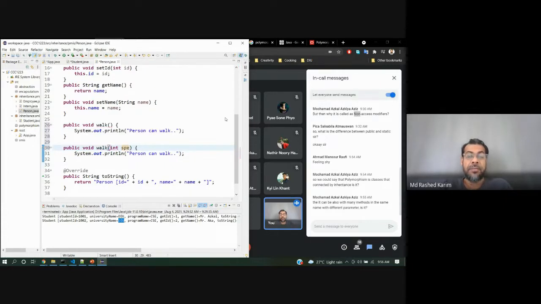I'm setting the speed, how fast you can work. So this is a normal working; I'm not giving you anything. That means if you just go for work, and this is the speedy working. So you can set the work speed with this speed.